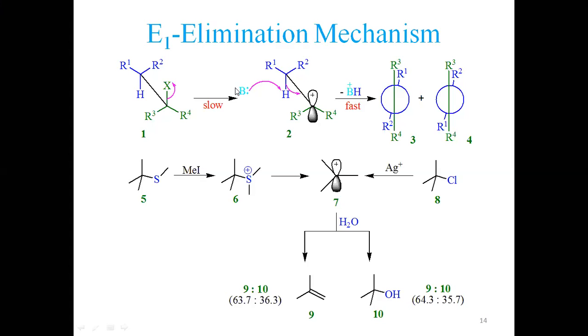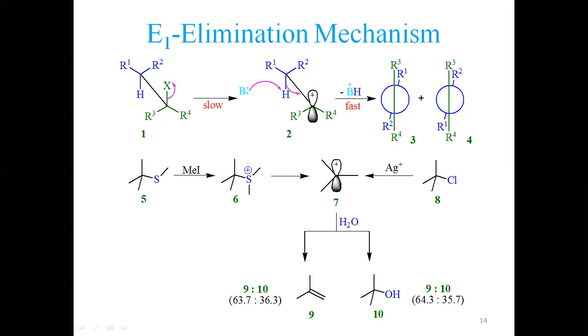In that case, this base shall pick up this proton. It is protonated, leaves this molecule, generating a double bond. Now two isomers are possible here. So 3 and 4 both shall be formed equally. Just similar to how you get two enantiomers formed in equal ratio in SN1 substitution reactions. Because this is very close to that,